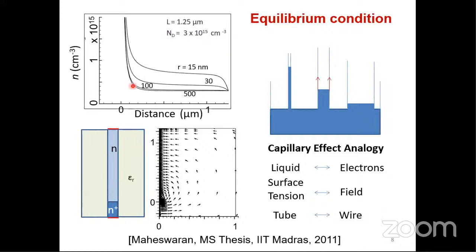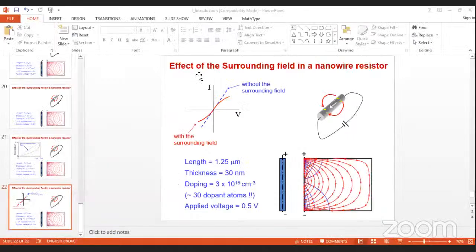So this explains why your carrier concentration in the wire is different from the doping concentration once the wire diameter is progressively reduced. This is what I had said in the previous slide. Somehow the concentration of undoped wires also appears to be large. So this explains how it can be large. In other words, carriers are getting transferred into the wire from nearby heavily doped regions.